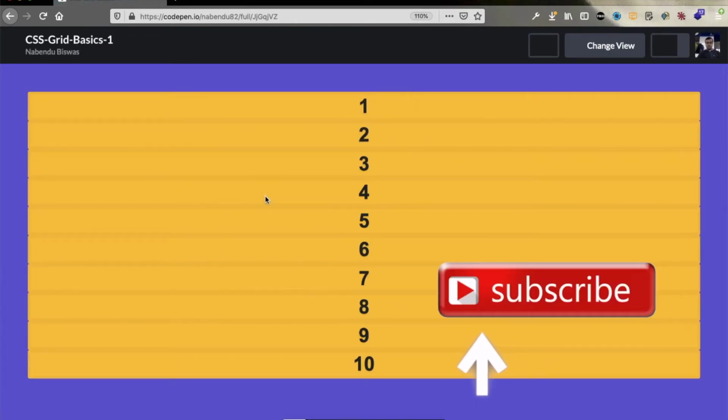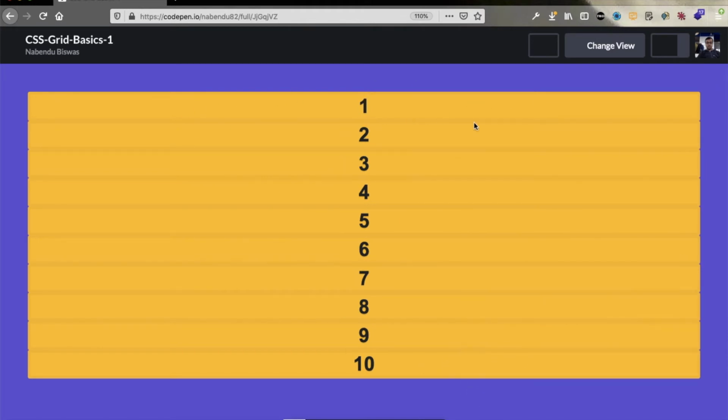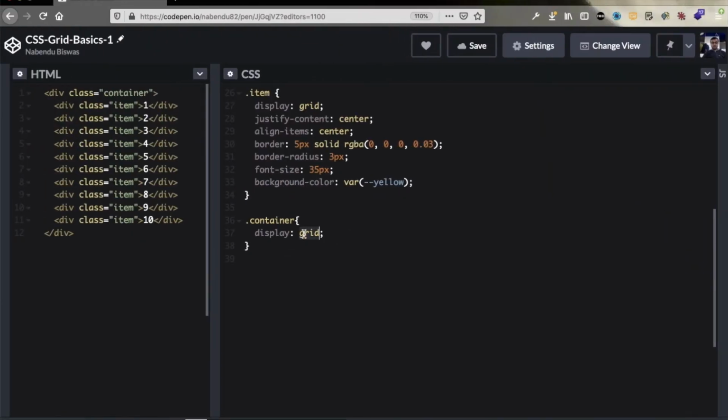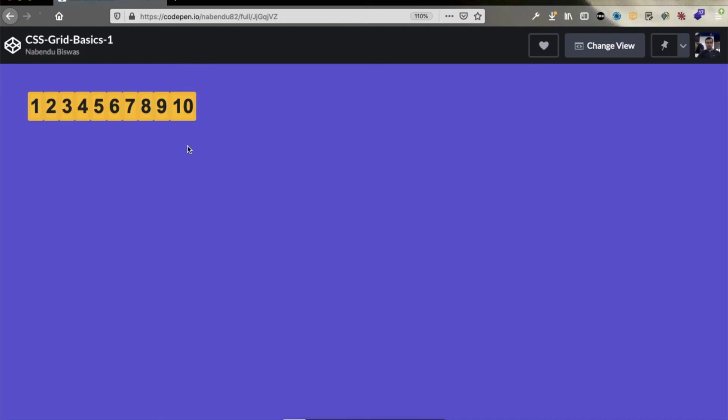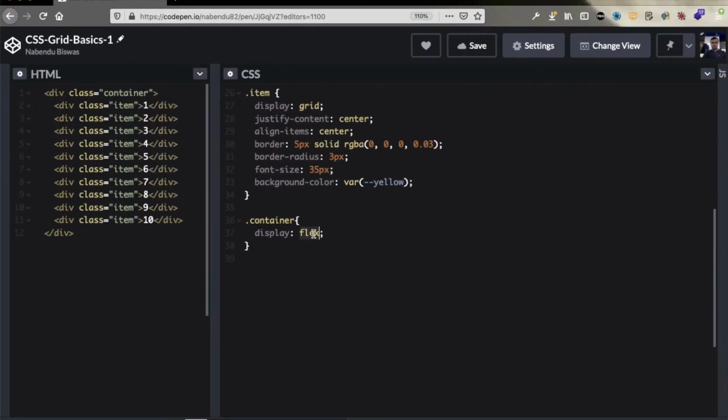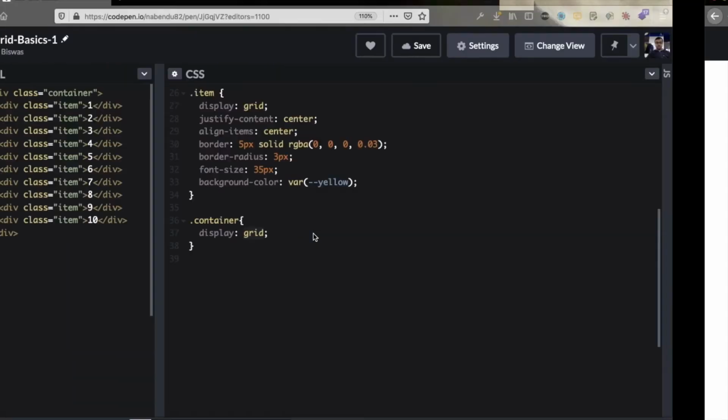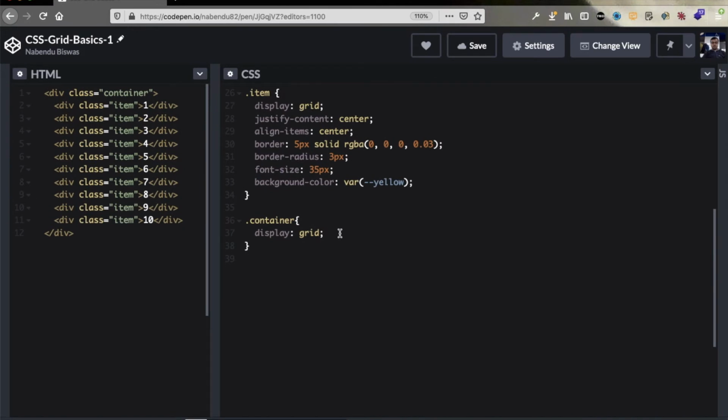As in flexbox, you might have noted the moment we would have given flex, all of this would have changed to come one after another, because by default div is a block level element, but it would have come one after another. Let me show also. Flex, yeah, like this it will come, but in grid, let me change it back, nothing will happen like that, because we have to give another property known as grid template